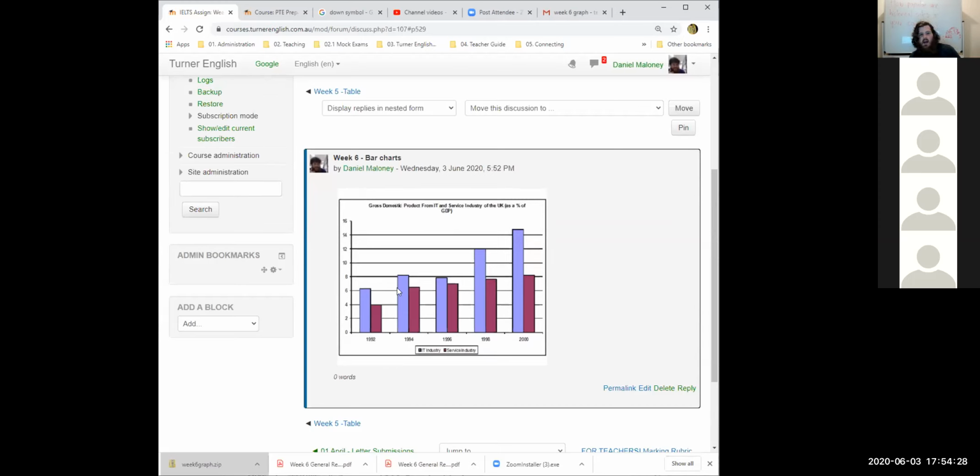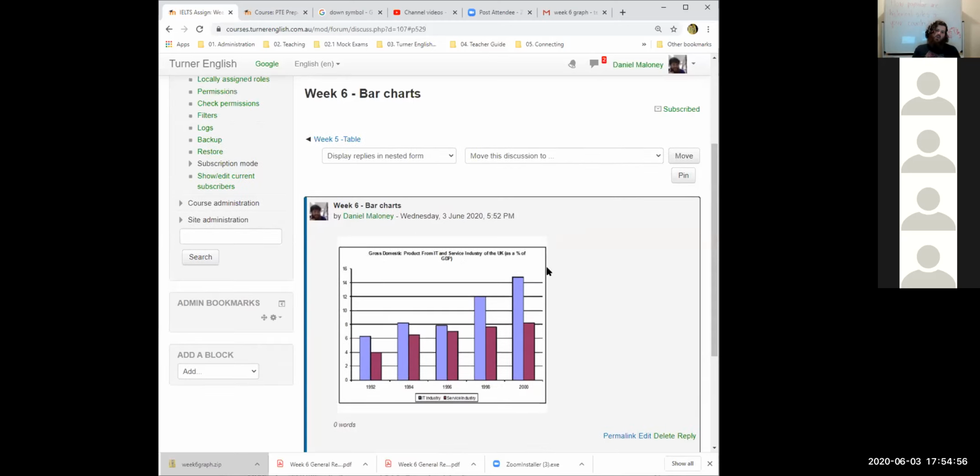So for these ones, guys, we could say that generally speaking there was an upward trend, particularly because we're talking about time. But we can say it was a much slower upward trend for the service industry, whereas for the IT industry, there was a much bigger trend, a much more significant rise. So particularly because we're talking about time, guys, you should be able to use both of these expressions that we talked about today. We could say the IT industry